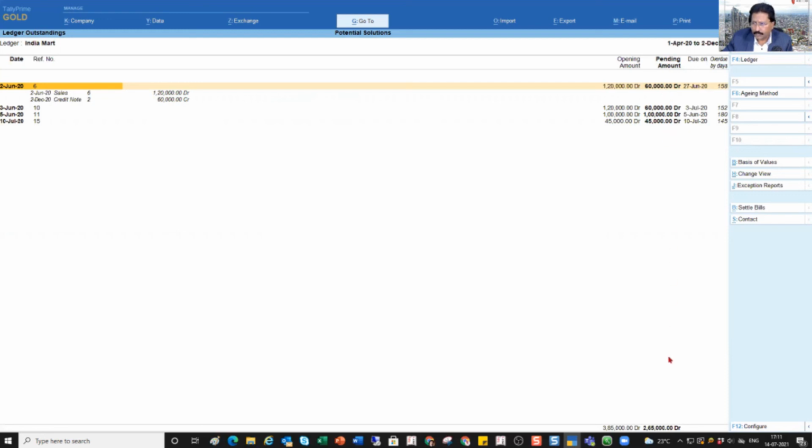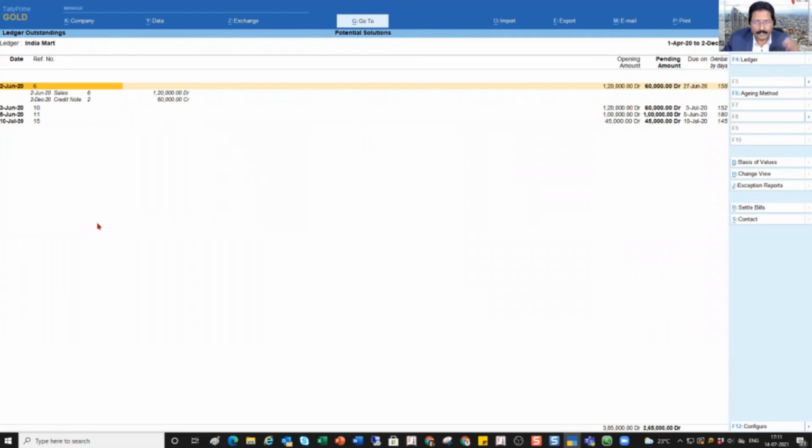So the pending amount is what is going to tell you what is the total amount pending from this customer. You're going to get the total, and these are going to be the detail or the breakup of this pending amount according to the invoices, which is also going to give you the information about when it is falling due, by how many days it is overdue, and all those things, right?